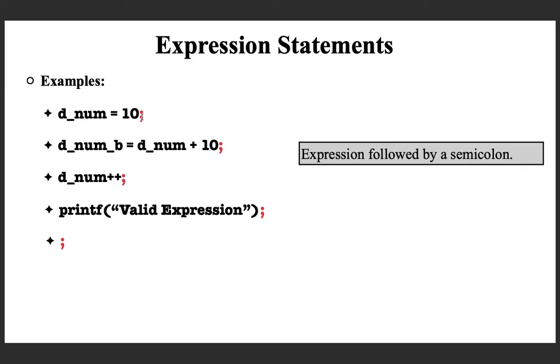So we have formed expressions. Basically, expressions are constants, variables, or function references, or it can be a combination of expressions using operators. And when you use a semicolon just after an expression, you are getting what are called expression statements. So this is the first type of statements that we are discussing formally from the C programming language.